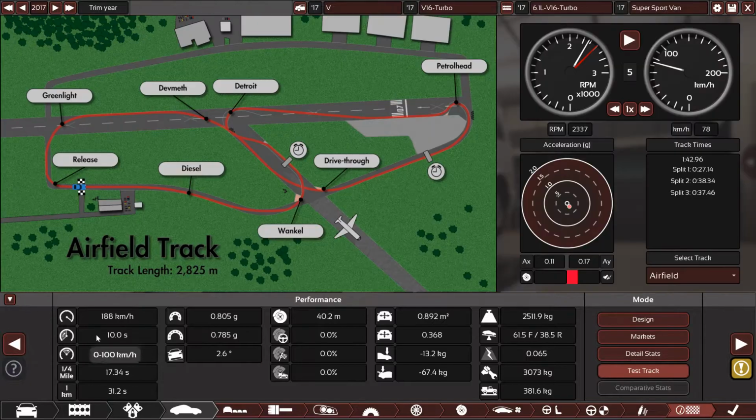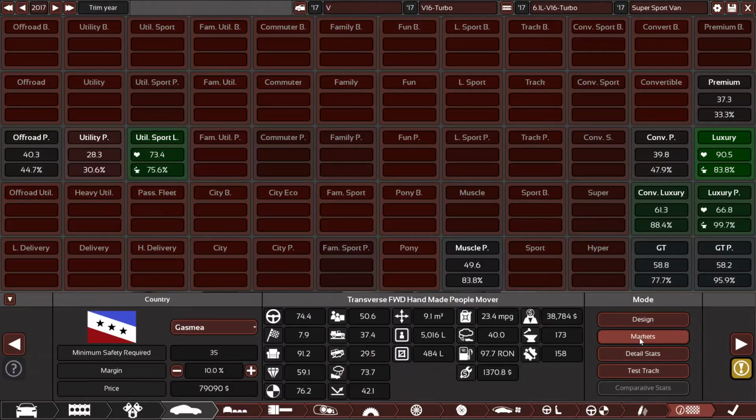This is the final result: 188 kilometers per hour, 10 seconds from 0 to 100, 70 seconds is the quarter mile. There is no brake fading at all. It weighs 2.5 tons. You can tow 3 tons behind it. You can put 381 kilograms of cargo in it, and it will cost you $79,000 because it's extremely high end